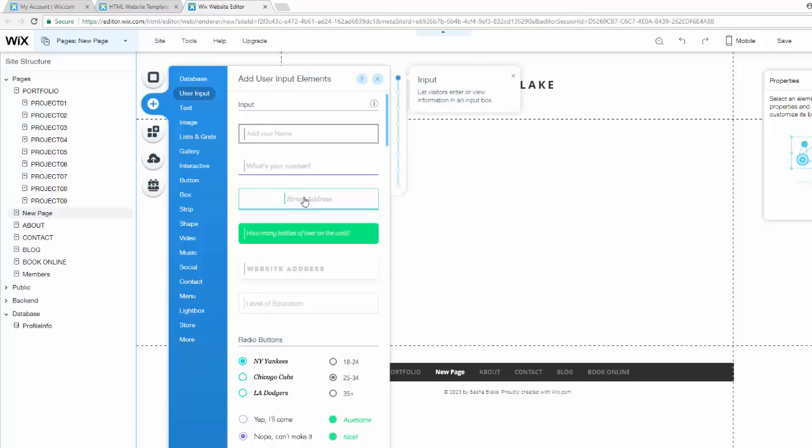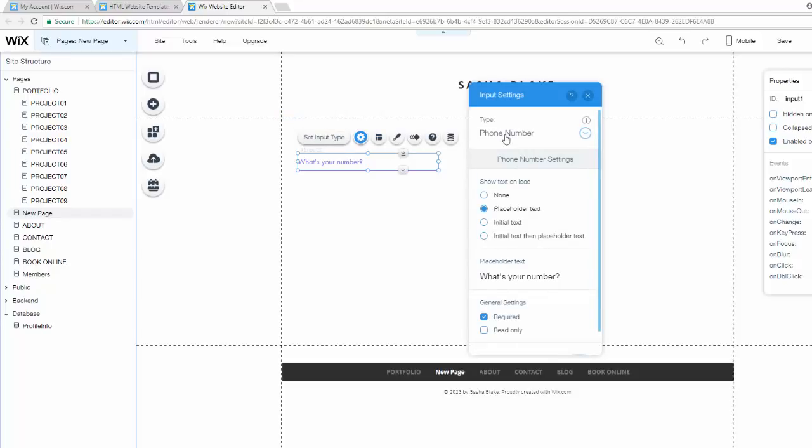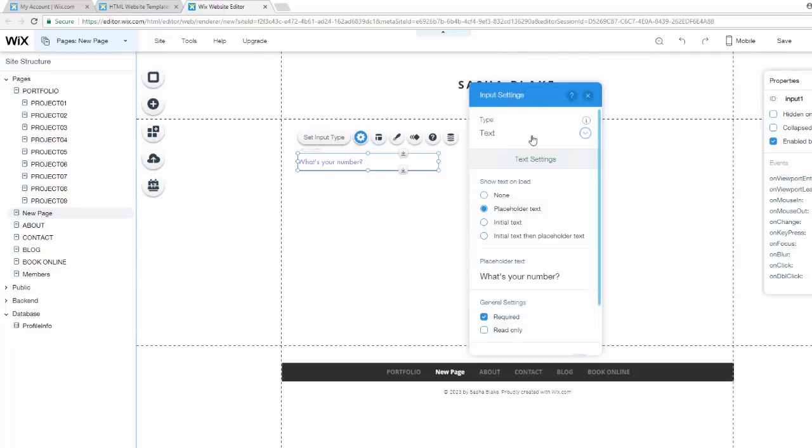Anyway, guys, so to actually start adding them, we know that we need to collect first name and last name. So let's start right here with these form fields. We'll add this one, and then we'll change the settings right here. And we don't want this to be a phone number. We want the type to be text. They're going to be inputting their name, so it'll be text. And then the placeholder text, we don't want what's your number. We want